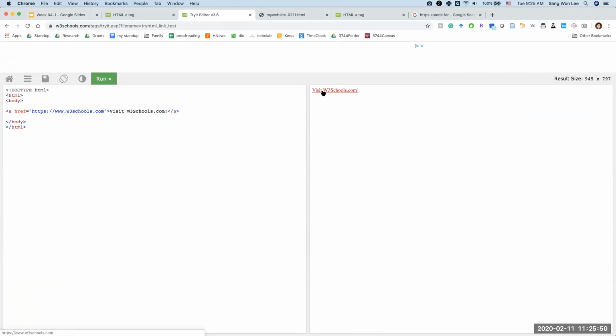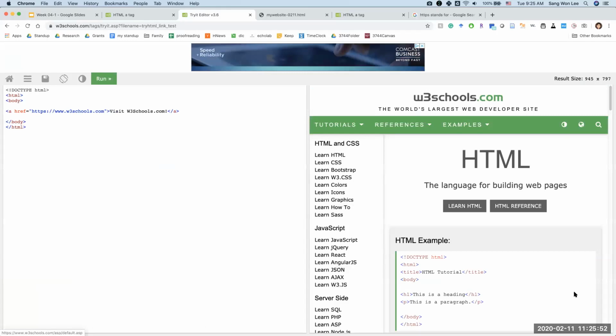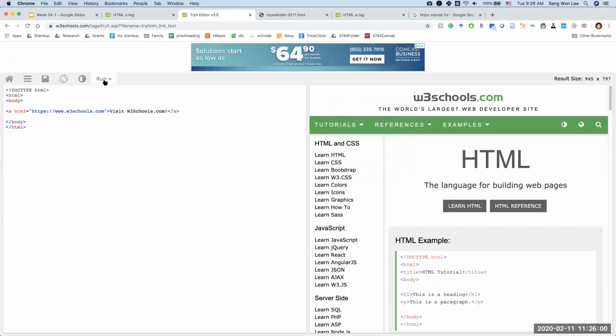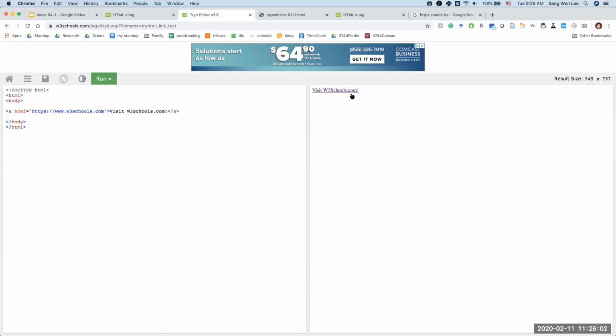Here, if I click it, right now it's using this as a window, like the simulated window. But if I refresh it and run it again, if I click it, I'm going to get the target website in this particular window. But if I use target equal to _blank